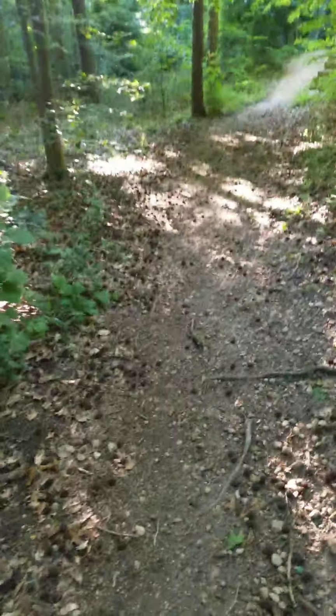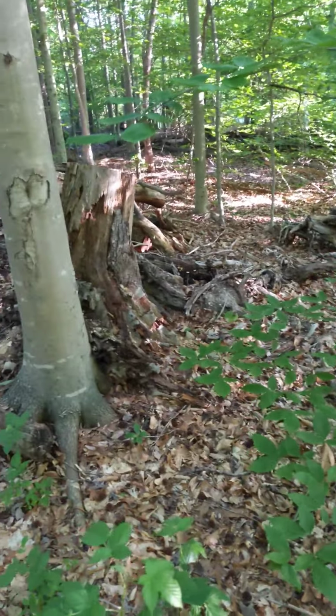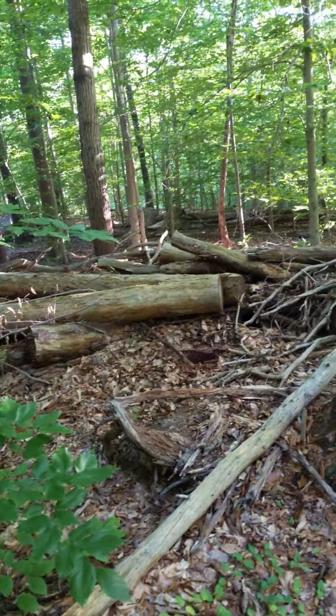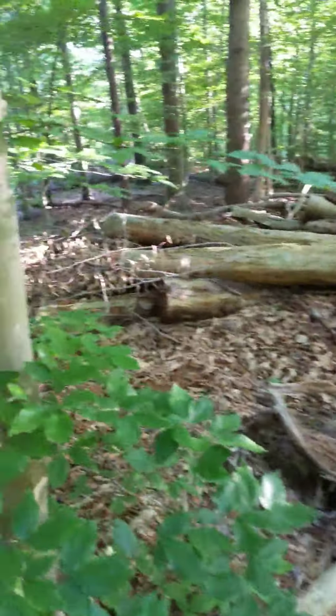It's me, Flatter Sage, and today I'm out here on one of the local trails, and I'm going to be doing my top three list for the top three medicinal plants that you can forage for. And okay, I'm going to start off with the third one and work my way up. So the third one, number three,